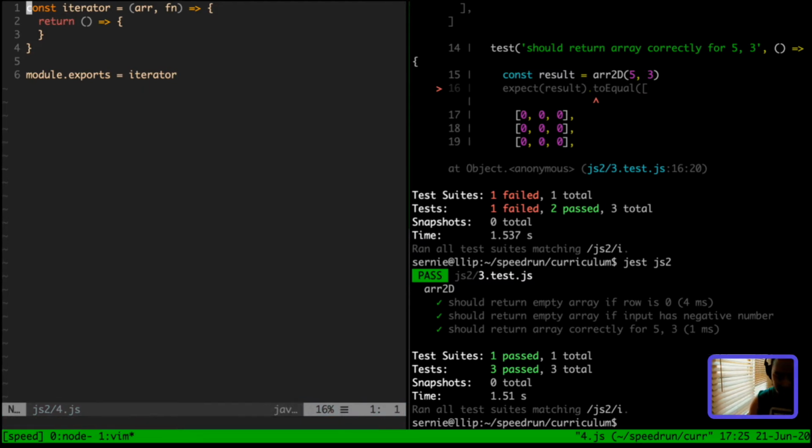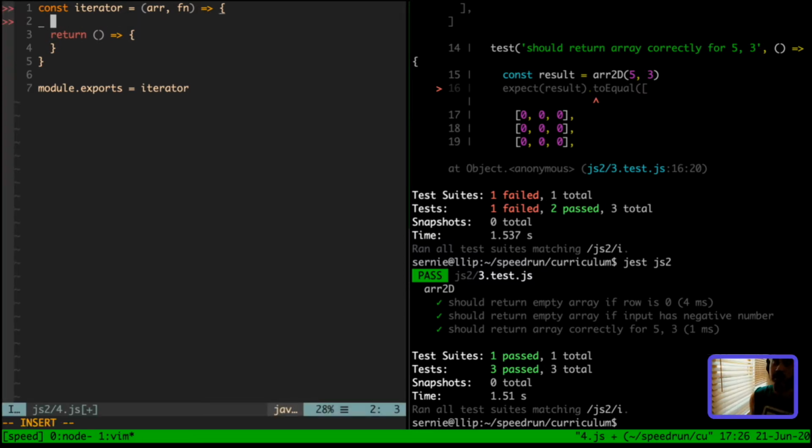Alright, so the next step is talking about how I would write out this function. So basically I need a variable i, right? And I need to define the variable in here before I return the function. If I put the variable declaration inside the return function, then i is always going to be reset to 0, so it has to be before we return. So we start i over there, and then we run the function with i, get the result, increment i, and then after we increment it, if i is equal to array.length,